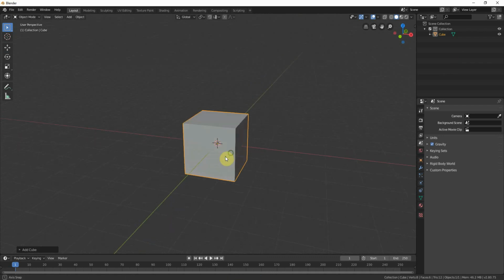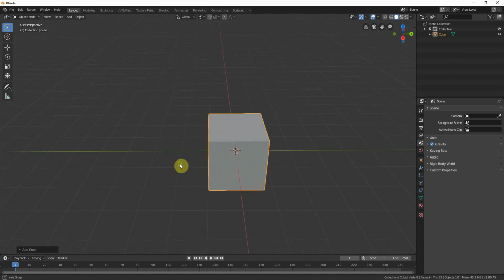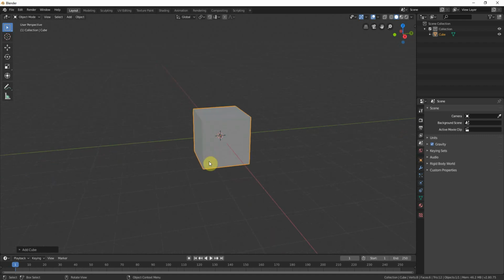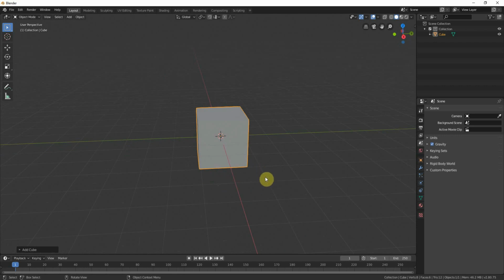Okay, so first of all, let's talk about scale. How big is this cube? We've got this big empty space, and we've got this grid and this cube. How big is it actually? Is it a centimeter, a meter, a mile? We don't know. Well, actually, we do know, because in Blender, each grid unit is equal to 1 meter